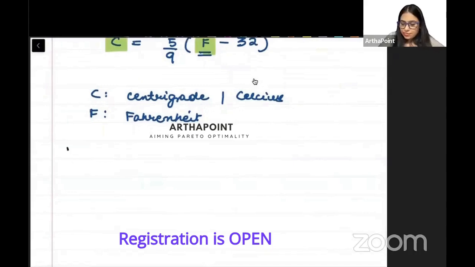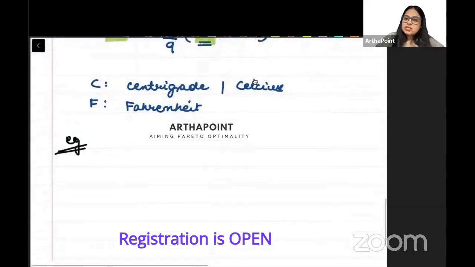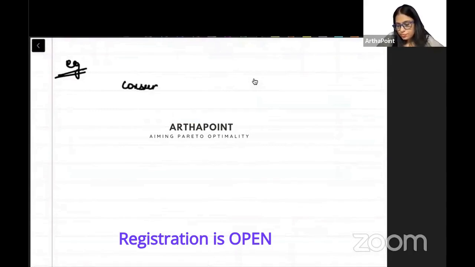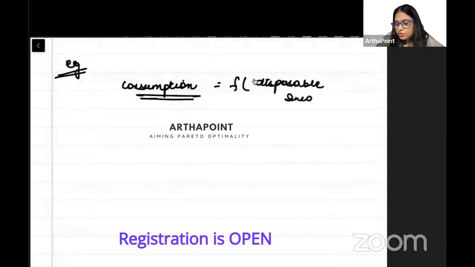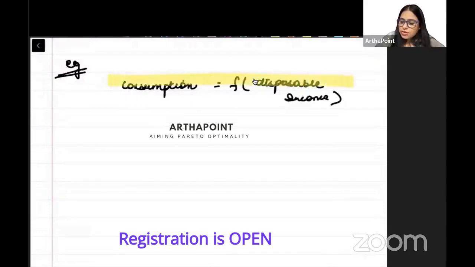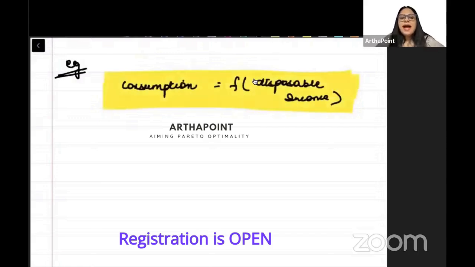एक और एग्जांपल लेते हैं, अनदर एग्जांपल बेटा, जैसे कंजम्पशन। अब हाउ मच अ पर्सन कंज्यूम्स, ये किस पे डिपेंड करेगा? इट विल डिपेंड ऑन द इनकम ऑफ पीपल, सो इट इज अ फंक्शन ऑफ डिस्पोजेबल इनकम। मतलब टैक्स देने के बाद, आफ्टर यू हैव गिवन द टैक्स, हाउ मच इनकम यू आर लेफ्ट अप विद, दैट इज कॉल्ड एज डिस्पोजेबल इनकम। इनकम आफ्टर पेइंग टैक्स, आफ्टर गेटिंग सब्सिडीज, इनकम एट योर डिस्पोजल, कितना पैसा आप खर्च कर सकते हो। सो वी आर सेइंग कंजम्पशन इज अ फंक्शन ऑफ डिस्पोजेबल इनकम।